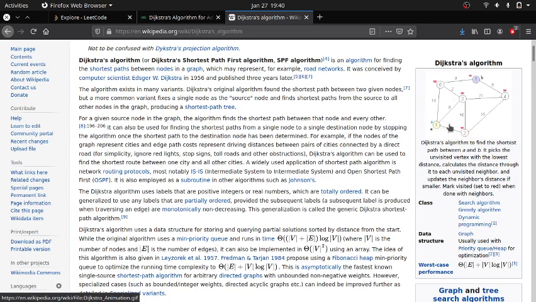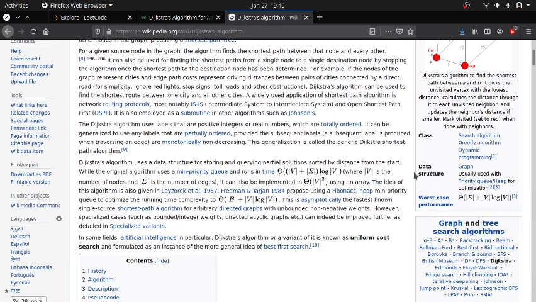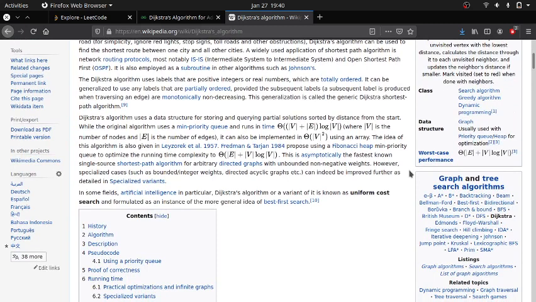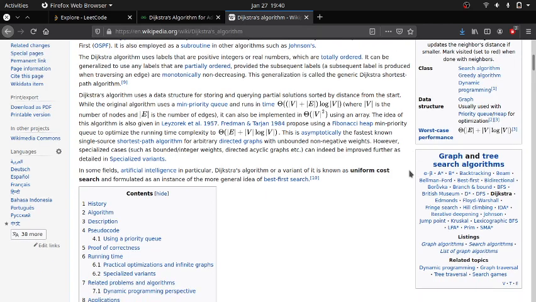node by comparing if there is a possibility that we can travel to this vertex with a lesser distance. So by comparing we finally get the distance of traveling from A to B using Dijkstra's algorithm. It is a very efficient algorithm. There are also more efficient algorithms than Dijkstra's, but for simple problems like this we can use Dijkstra's. The worst case performance will be O of number of edges plus vertices log vertices.